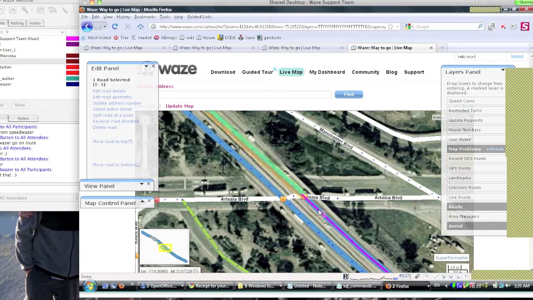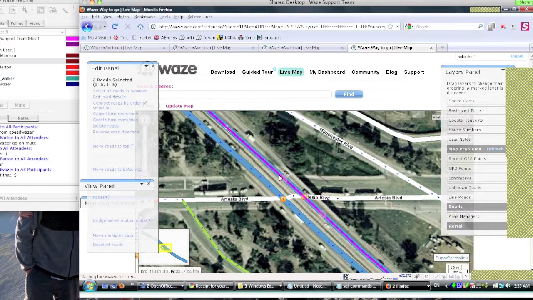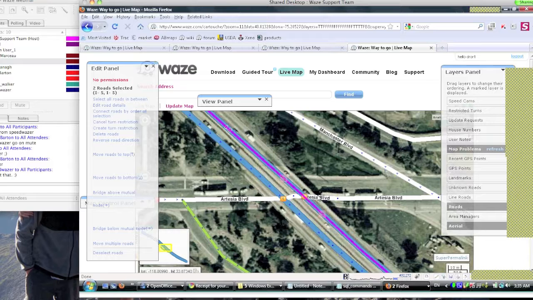The way to do it is by clicking one segment, then keeping Control or Command on a Mac pressed and hitting the second section. Once we have that in the Edit panel, you can see that you can bridge above or bridge below. In this case, we want to bridge above. If we would have chosen Artesia Boulevard,